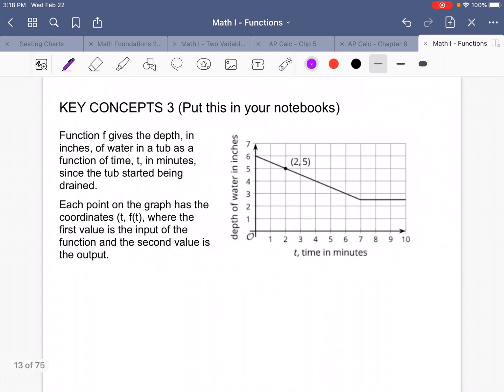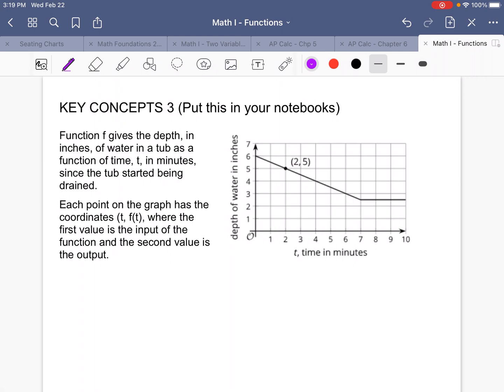Now, the key concept here is that inputs, I screwed this slide up too. Anyway, the point is, we can pay attention to the units and we can use function notation to say certain